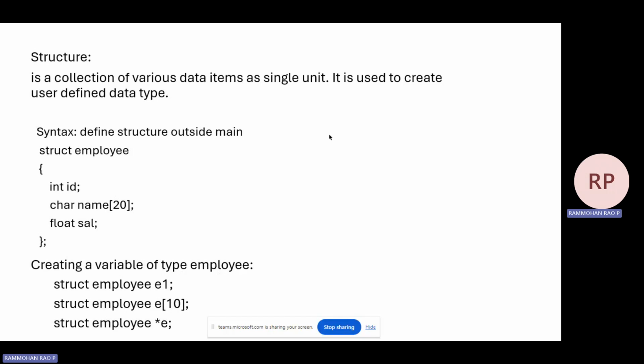Generally, I will not have a single employee in any organization, right? So suppose I have 10 employees, then what needs to be done? I can create an array of employee type. The way you create a normal integer array, similarly, I can create an array of employee type. So here in the second declaration, E of size 10 means I am creating an array of size 10, and in each member like E of 0, E of 1 up to E of 9, every variable is capable of